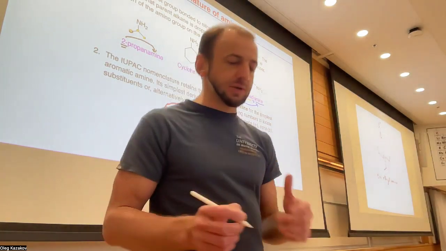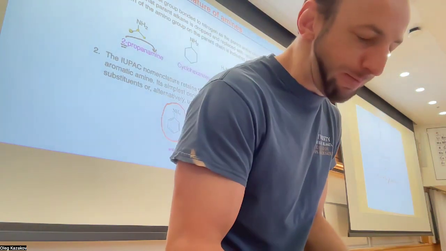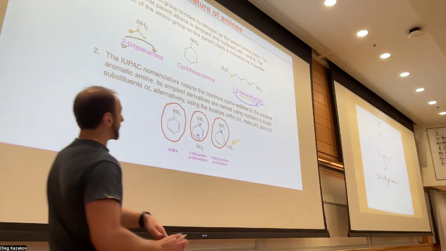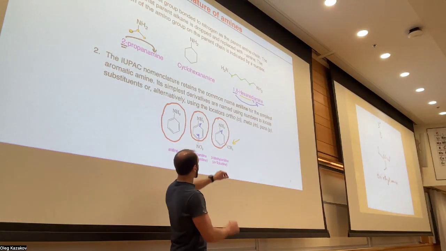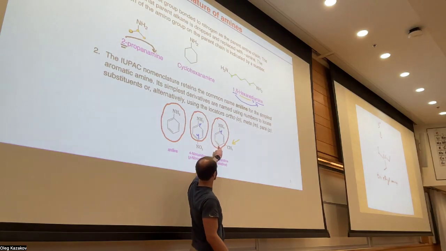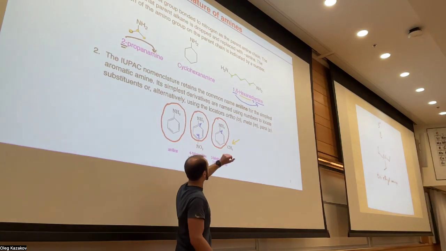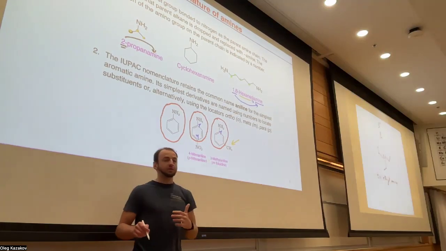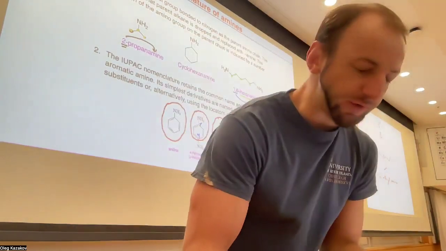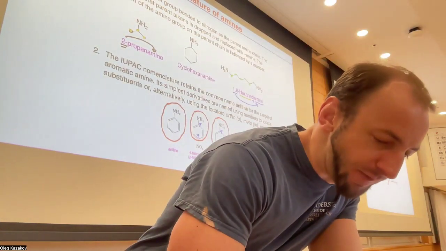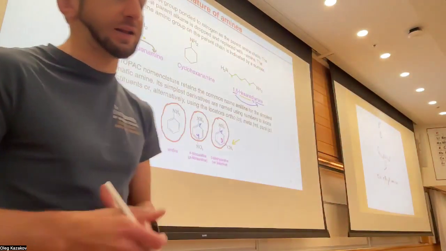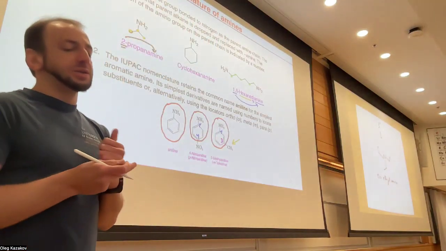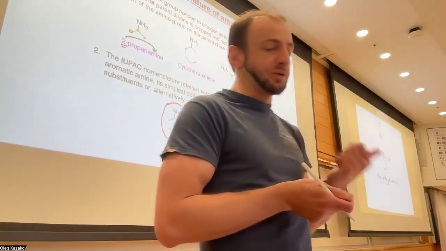If you count the position for the methyl group right here, you can go both ways, but you'll get different numbers. If let's say we go counterclockwise, we're going to go 1, 2, 3, 4, 5. Pretty high number, right? But if we go clockwise, we go 1, 2, 3. In that case, it's going to be position number 3, which will feature your methyl, right? So you will have 3-methylaniline. You are going to minimize the number of the substituent. So yeah, that's going to be your substituted anilines.